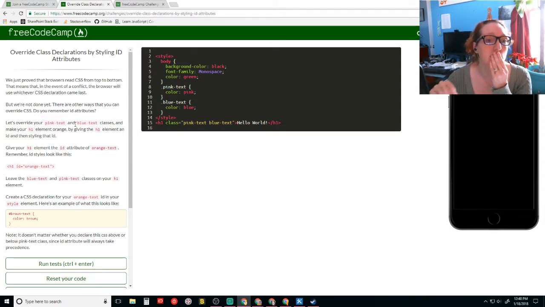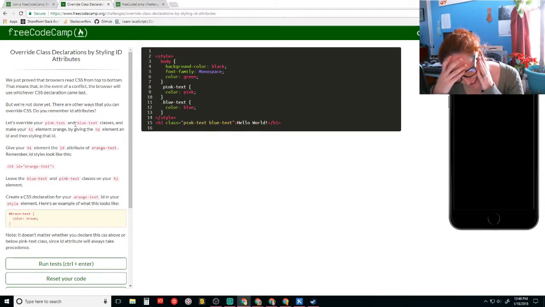Yes. There are other ways you can override CSS. Oh, God. This is why everybody's like, oh, there's so many different ways to do it. So when you ask a question about how do I do this, it's difficult to answer because there's so many ways to do that.